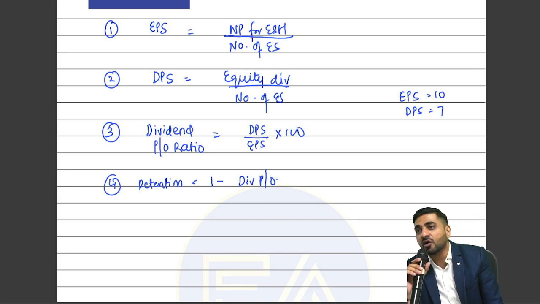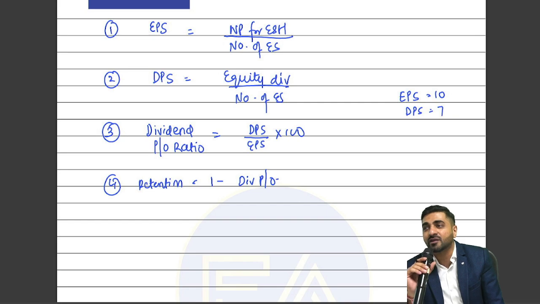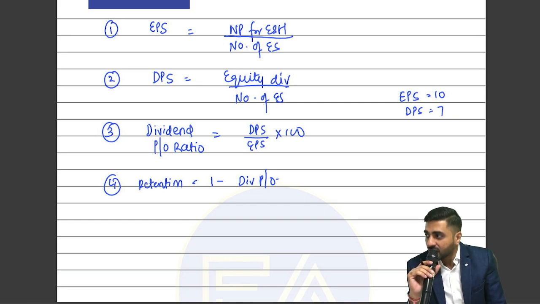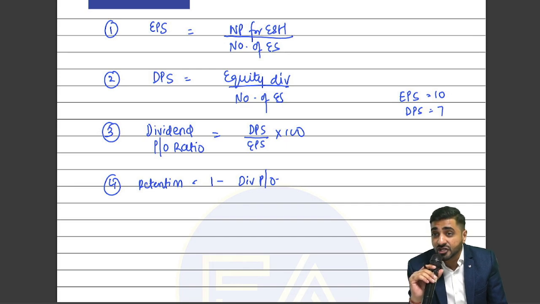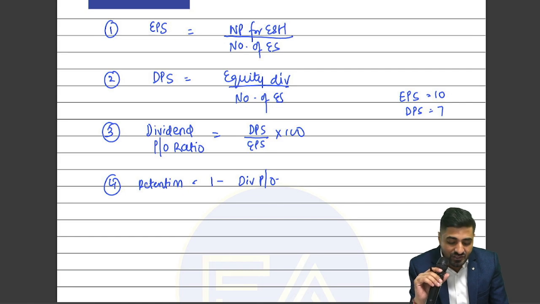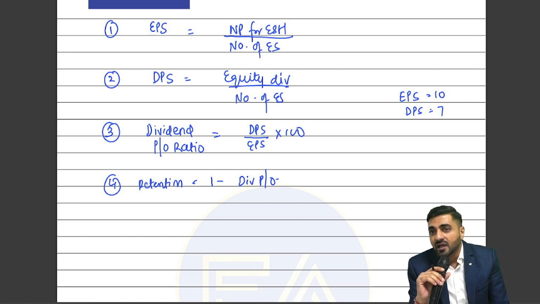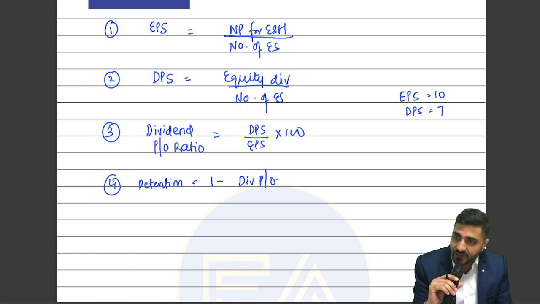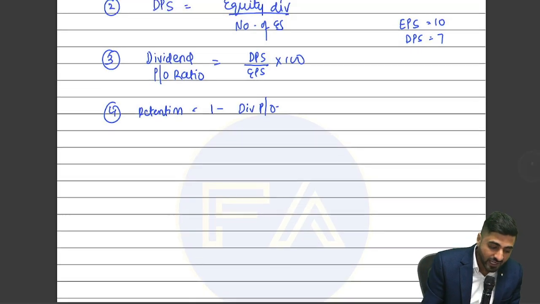If you are a CFO of a company who wants to grow and grow, your payout ratio should be lowest, and your retention should be maximum. Everyone okay with this? Okay. Then we have something which is called as